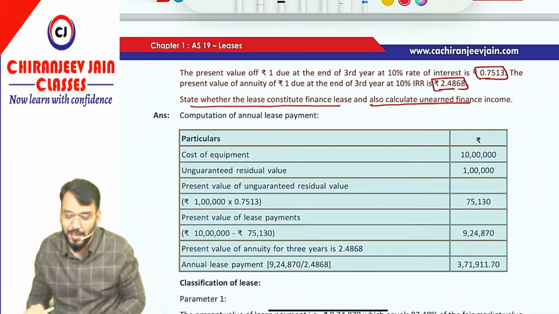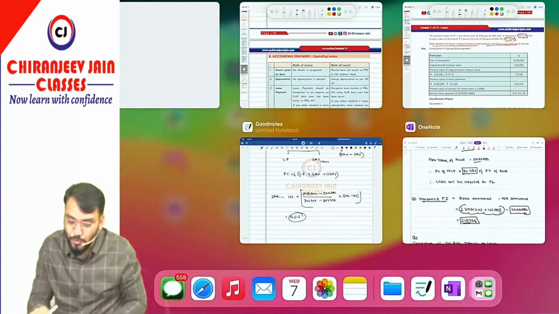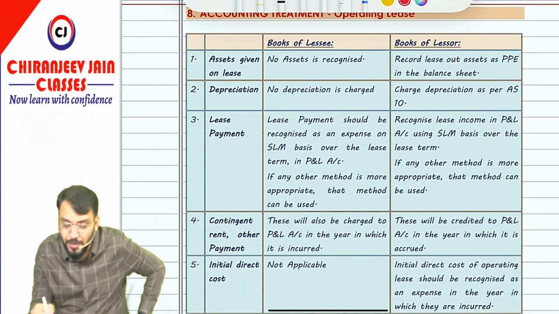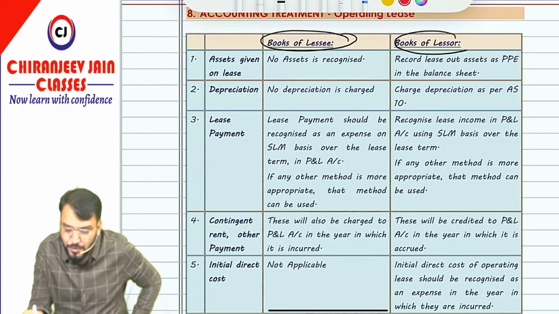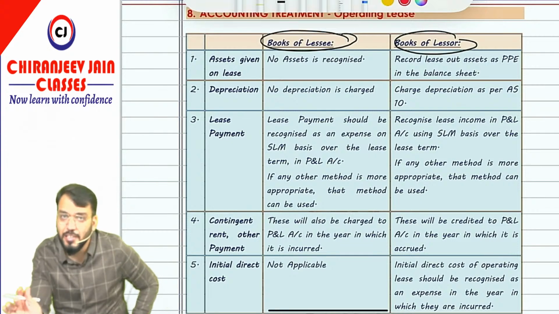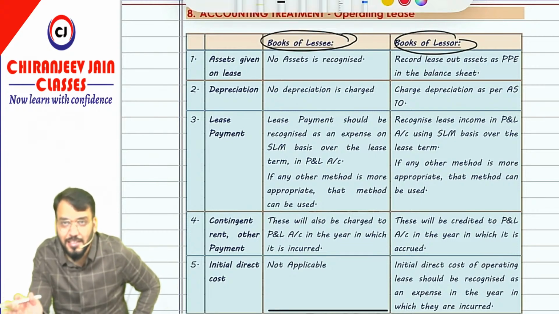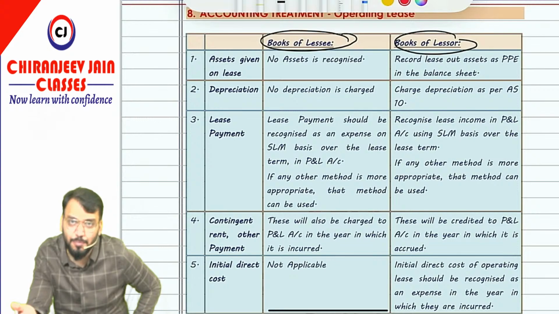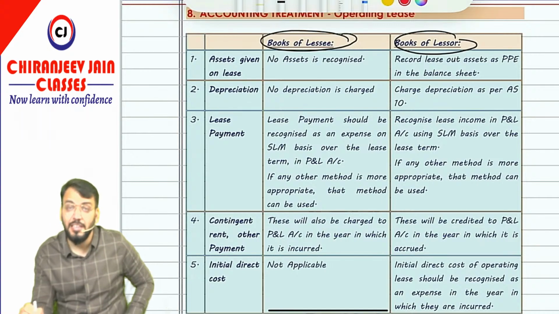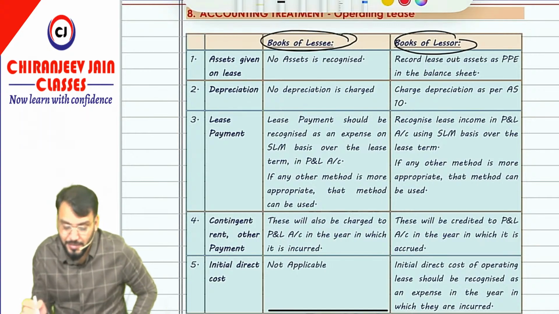So this was lessor accounting. Let us come to operating lease. Now operating lease is very simple. Books of lessee, books of lessor. Of course now the asset will not be recognized in the books of lessee. It will remain in the books of lessor only. And in the books of lessor it will be classified as property, plant and equipment. Or if it is a property, it can be investment property, because investment property is property from which we are earning rental income. So it may also be classified as investment property in the books of lessor.